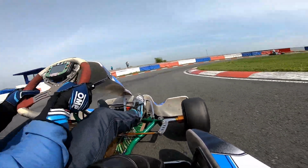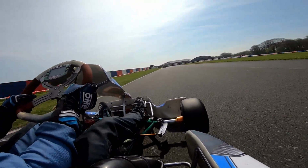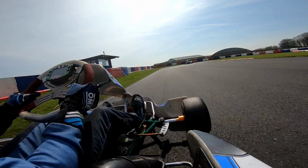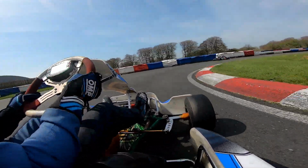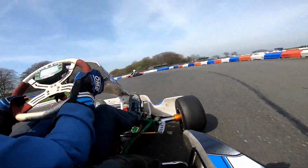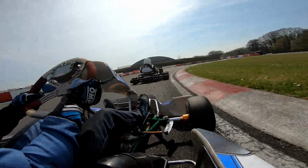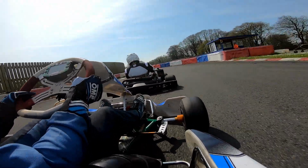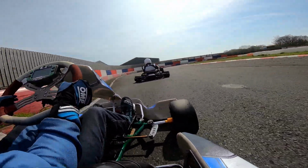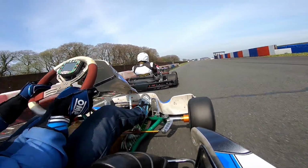So I want to try and follow some lines from other people now and try and keep it to other people other than just the people we usually do or being in clean air. As you can see, we do have another 177 just ahead of me who we will catch down very quickly there. I think he was just trying to get his tyres warmed up because he was really struggling through that complex section there, as you saw, as we head in towards the final hairpin section. And we get a really good exit here and actually make it past him